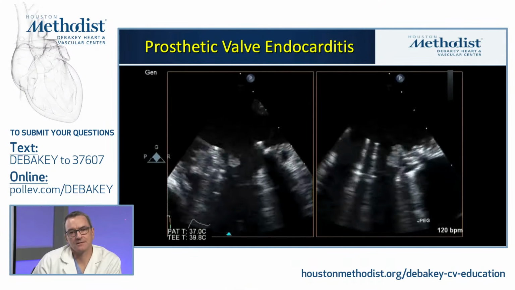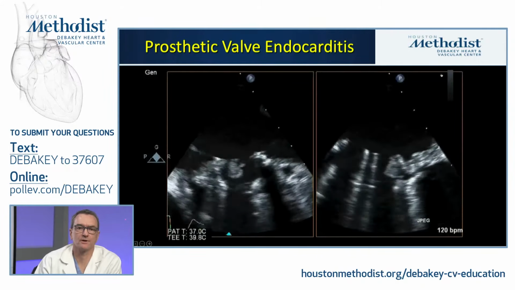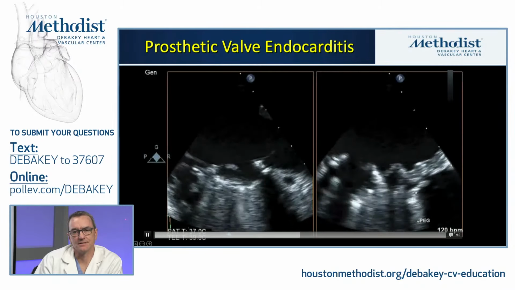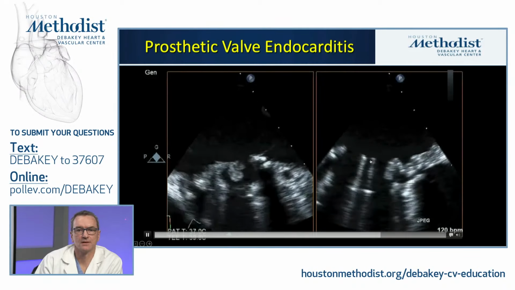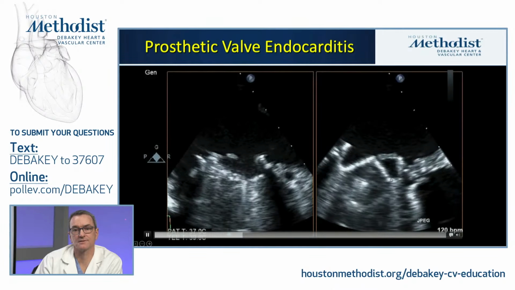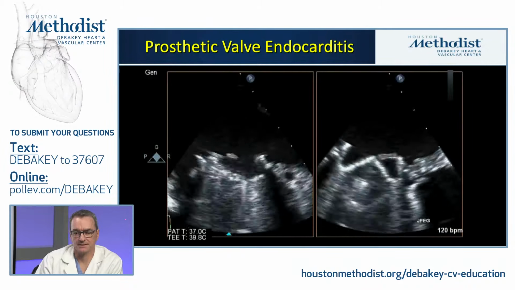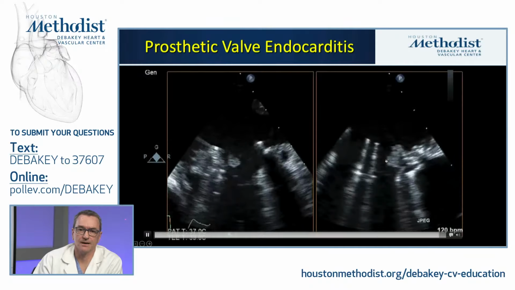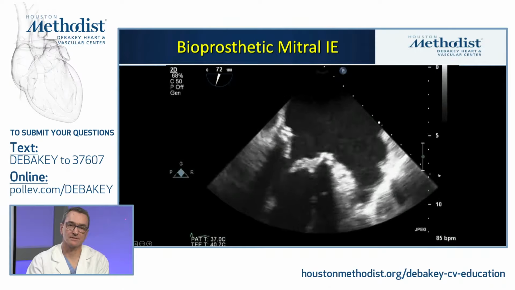This is another case of a mechanical valve in the mitral position, and it demonstrates one of the hallmark features of mechanical endocarditis. You see the wiggling mass here on the right image and also on the left image. And note, it's rarely ever attached to the pyrolytic carbon surface of the actual leaflet, but much more often attached to the surgical ring. And this case manifests some concern about actual obstruction by the mass. Quite different is the scenario with a bioprosthetic valve.